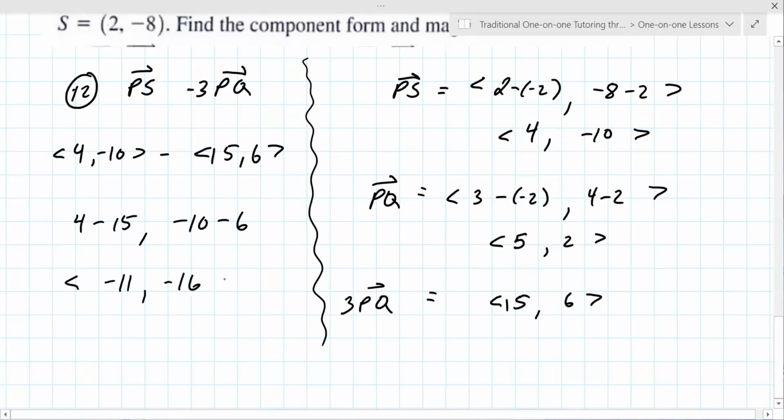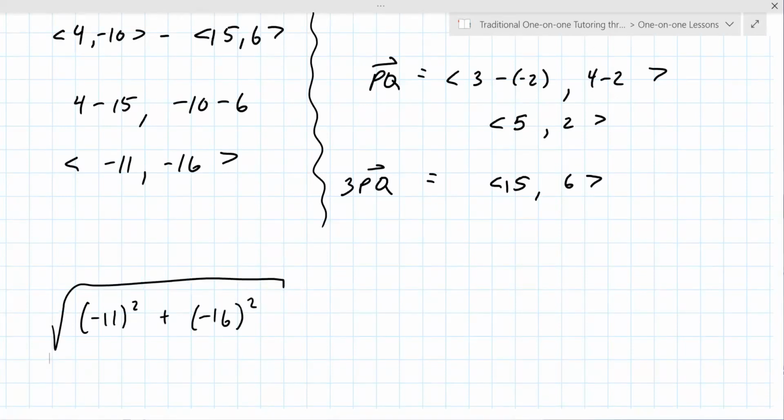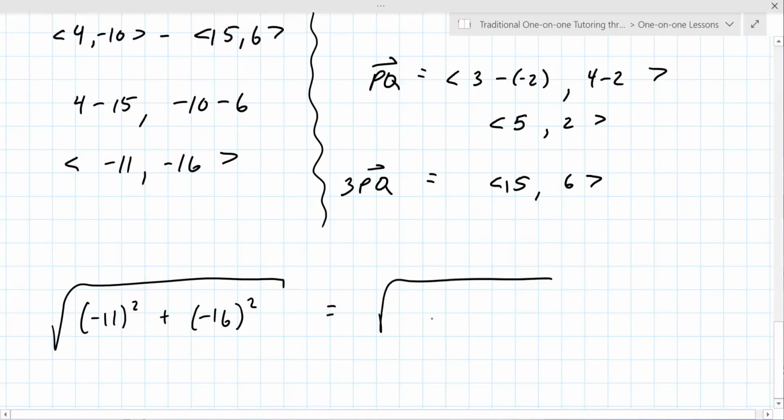Something like that. And then the magnitude of that you get again from doing the square of -11 plus the square of 16, square rooting that. So big numbers here. This is 121 plus 256. I don't know if that reduces. I'm going to check here. It's not even. So if it's not even, it generally doesn't reduce well. Okay. I don't think it's pretty. Yeah, so this is just the square root of